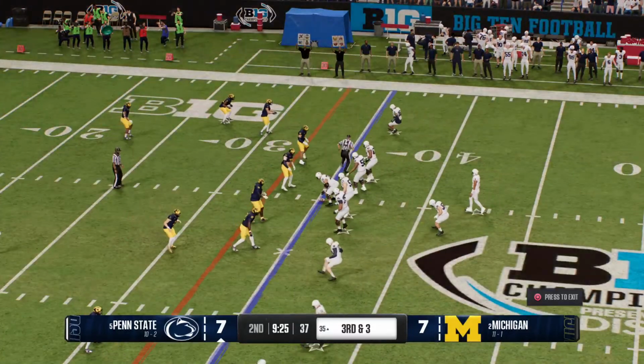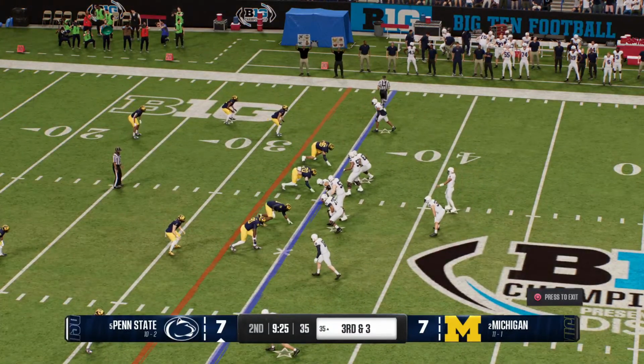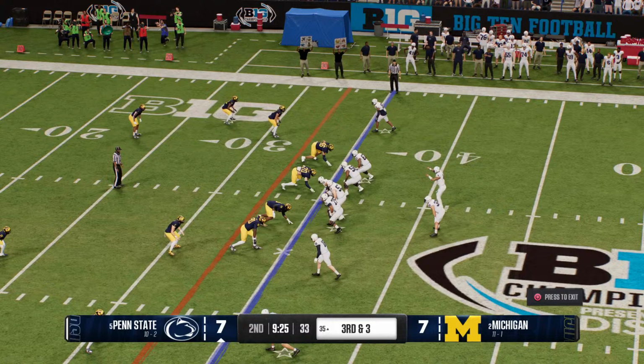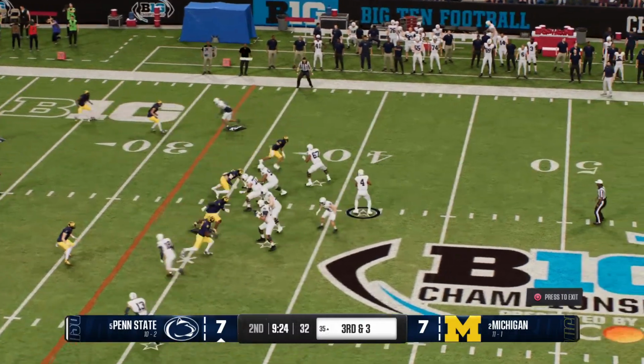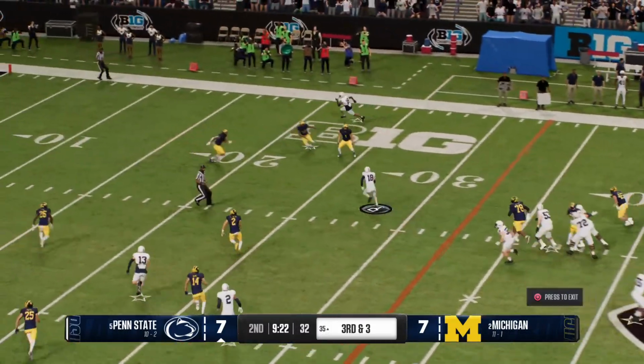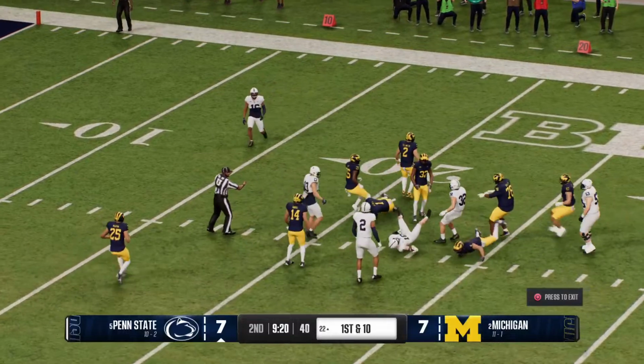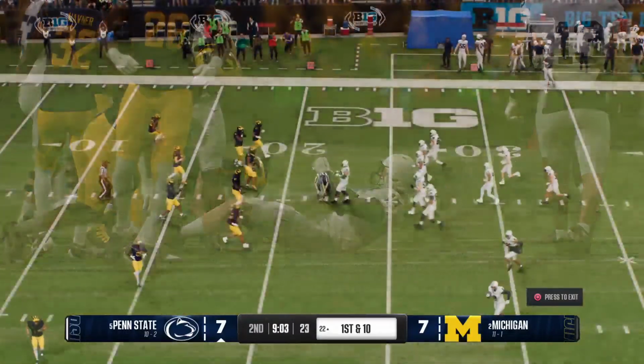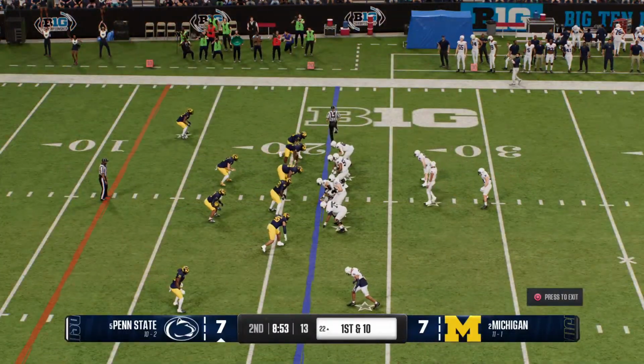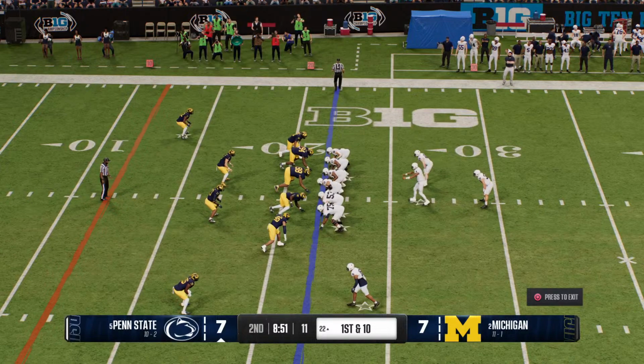Third down and 3. Try to make it 3 consecutive third down conversions. Looking to pick up the first down through the air. Makes a quick grab. Brought down to the 22. It's a first down, very near the red zone now. Nittany Lions come to the line to start a fresh set of downs.